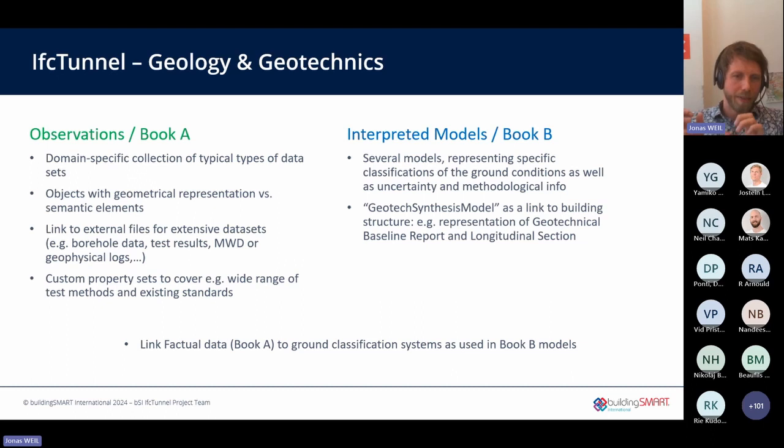And of course, it must be possible to have multiple models that describe the same piece of ground. So this was one condition. And then I mentioned before, this geotech synthesis model was our intention to define a link from ground model to building.